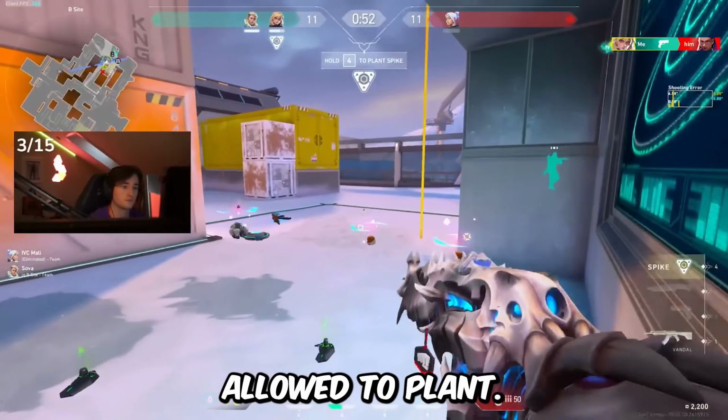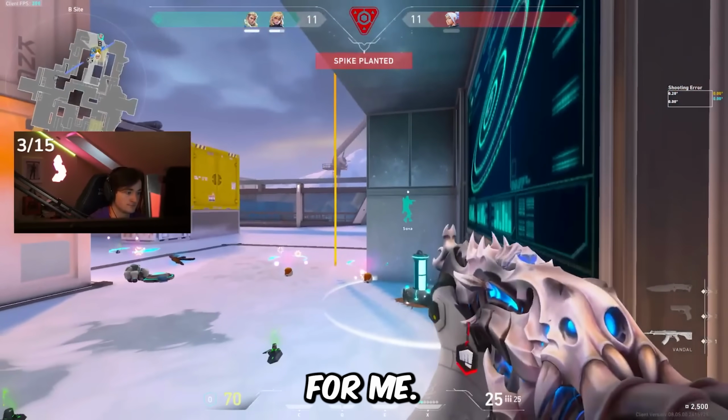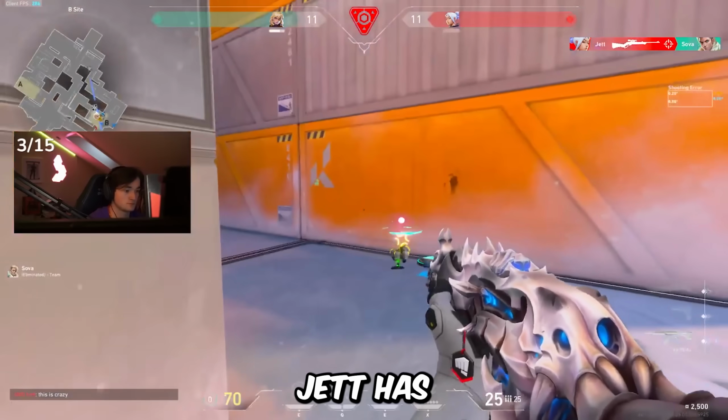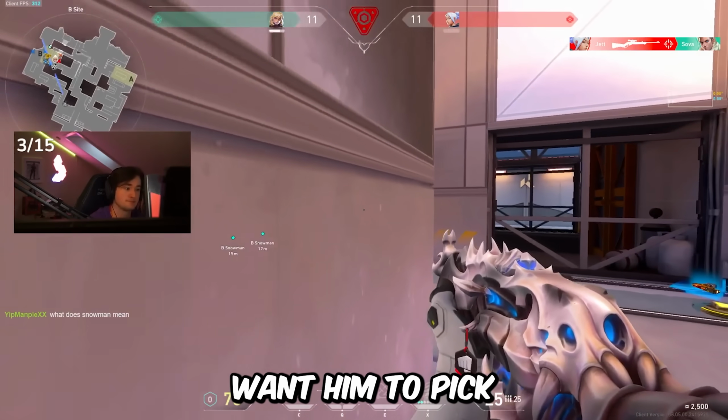Then I'm finally allowed to plant, but I remember to place the sonic sensor like this again, since anyone could be pushing up for me. Our Sova gets taken out, and they say Jet has a Marshal, so I decide to reposition like this and wait for him to push into me, as I don't want him to pick up another weapon. But yeah,